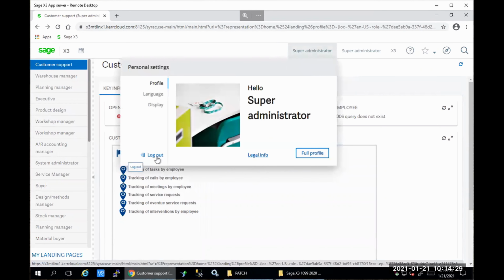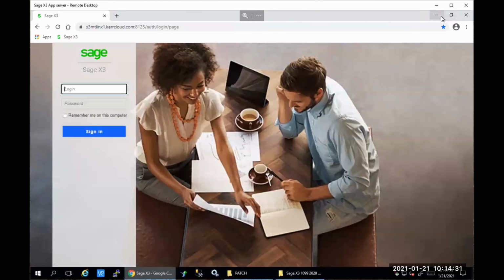log out of your X3 application, and you can advise your customers and clients that their 1099 that would include the NEC update for the fiscal years